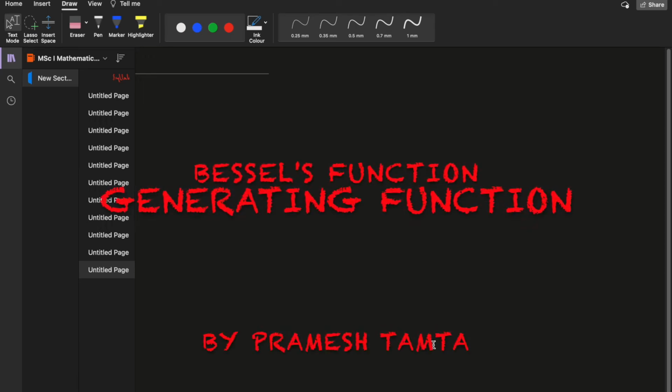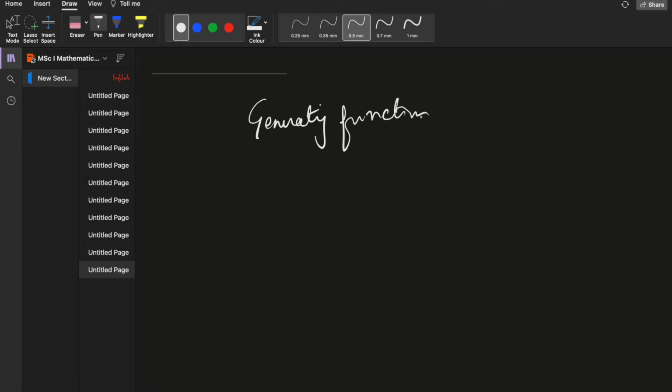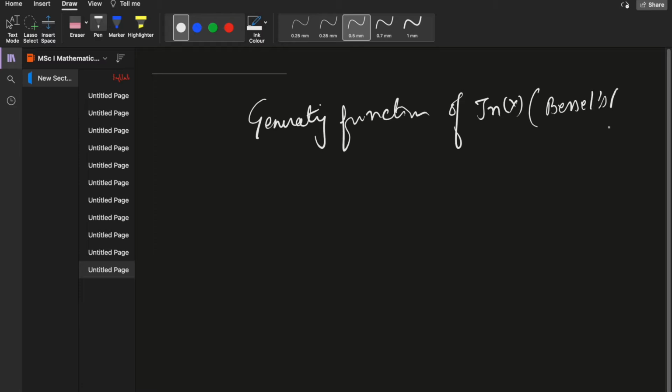Today's class we are going to study the generating function of Bessel function, the generating function of J_n(x), which is Bessel's function. Right. So the generating function says that e to the power x upon 2 times (z minus 1 upon